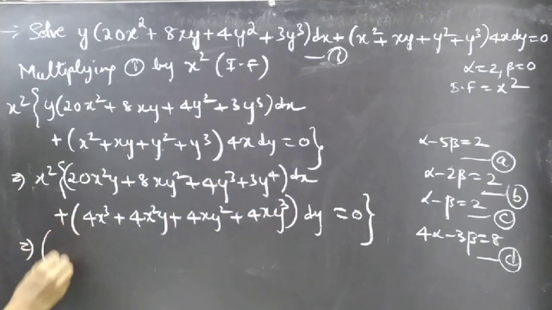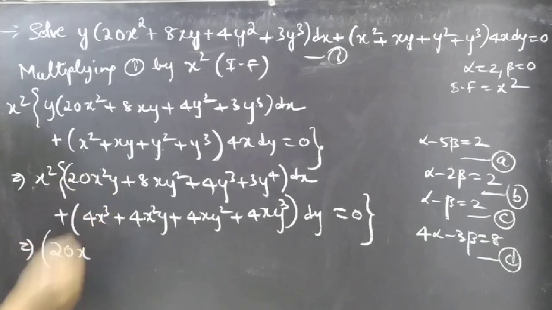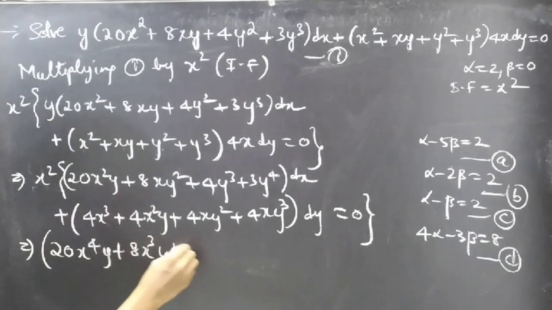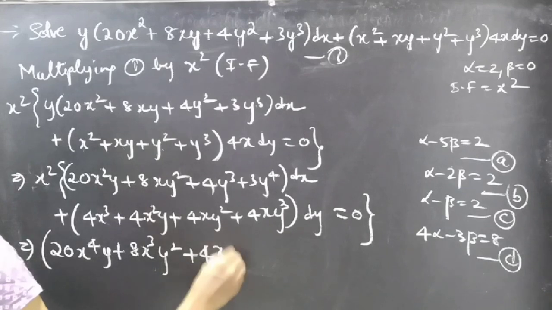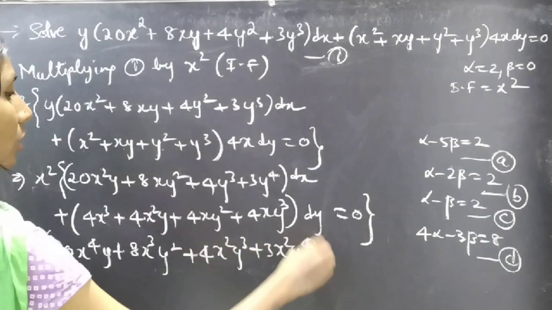We'll get 20x square into x square. Just add the power since the bases are equal. So you'll get x power 4 into y plus 8x square into x cube into y square plus 4x square y cube plus 3x square y power 4 into dx